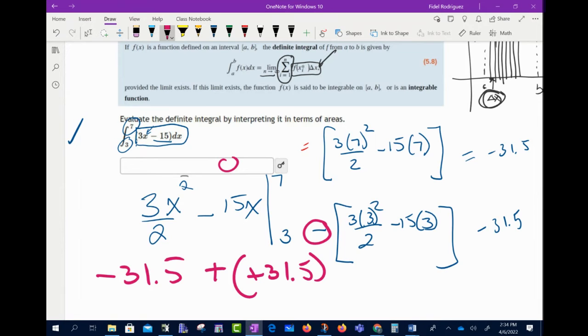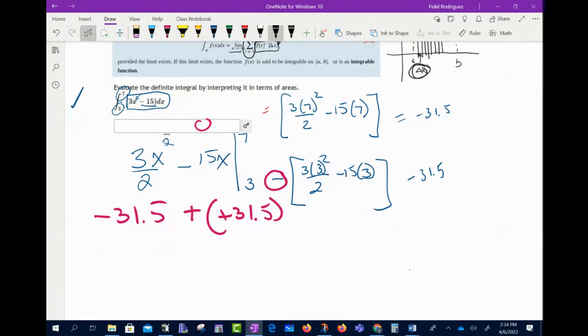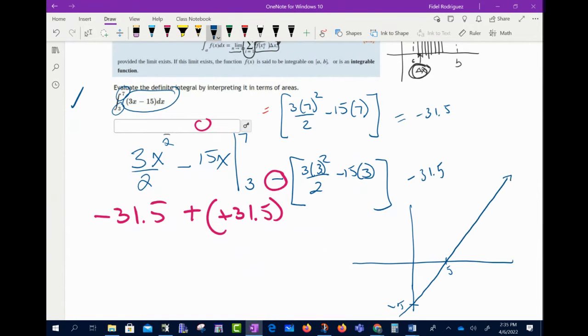Now it says evaluate the definite integral by interpreting it in terms of areas. So let me see, y'all. If I were to think about the original function that I had here, 3x minus 15, okay? So let's see. If this is a negative 15, this should be a positive 5. 3x minus 15. My graph looks something like this here. And you're evaluating this between, what, 3 and 7? So here it is at, that's the number 3, that's the number 7, and I want you to think about,